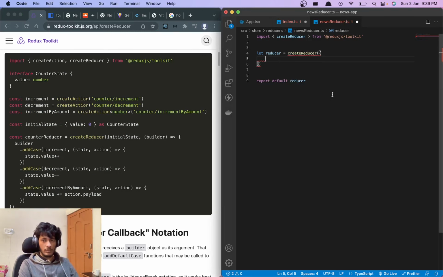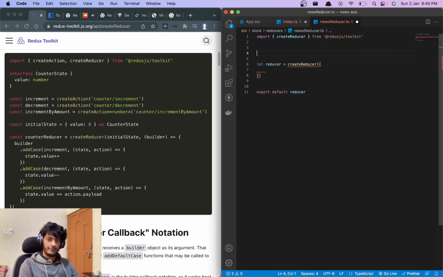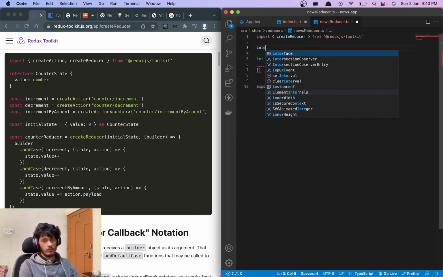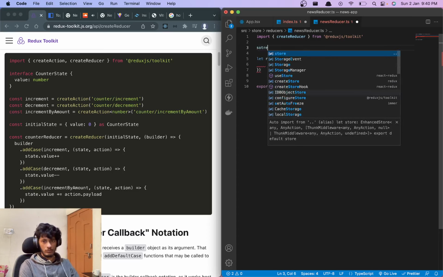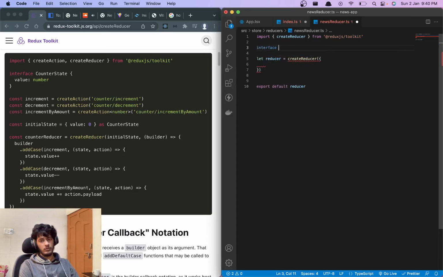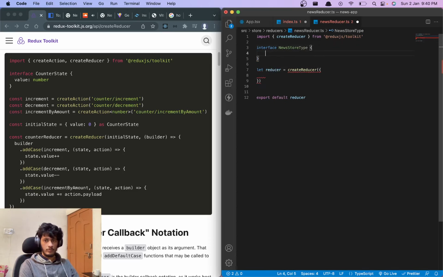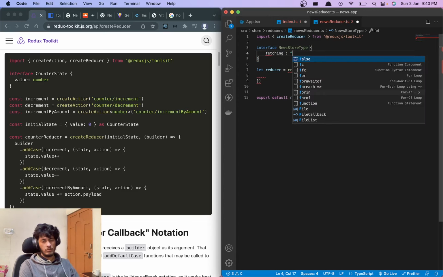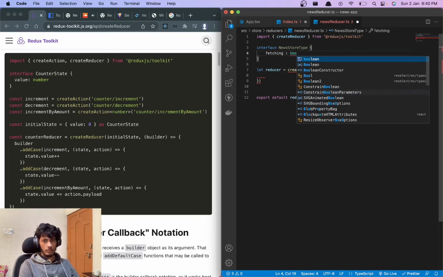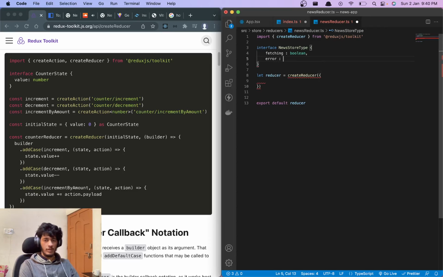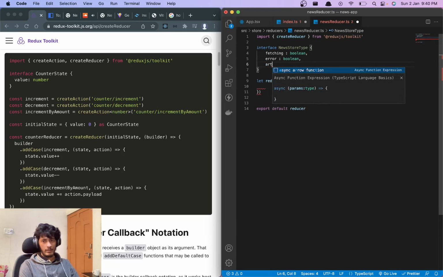So what we can do is let's say there's some initial state, right? Use store, right? Type fetching, which will be boolean, right? There will be error. So if some error comes, we'll have it over here, and we'll have articles.